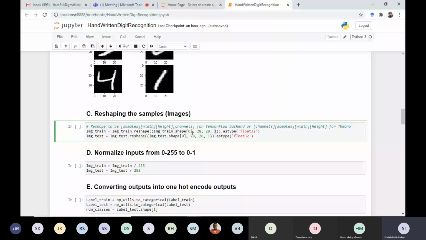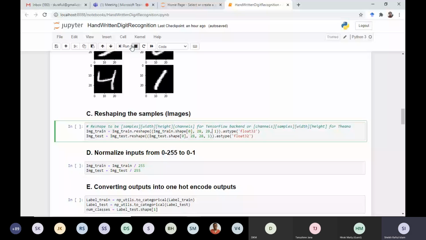If you use Theano as backend, then the channel will come first. So it will be like 1, comma, image train.shape 0, comma 28, comma 28. Nothing else, every other thing is the same.